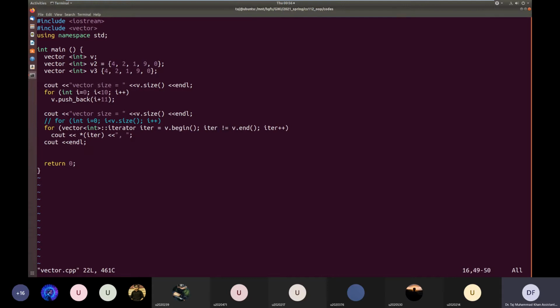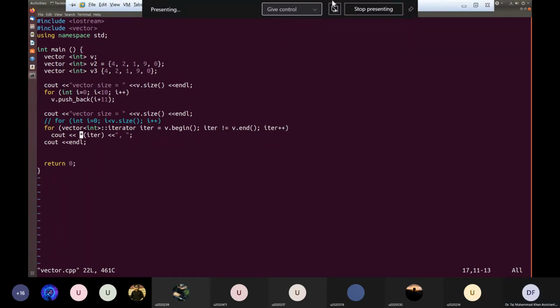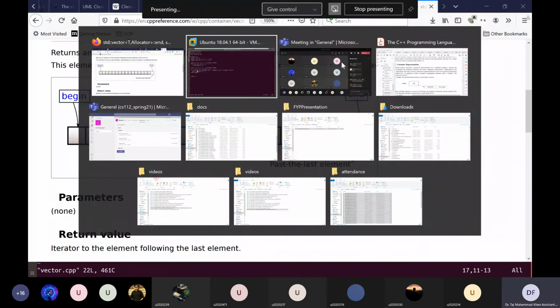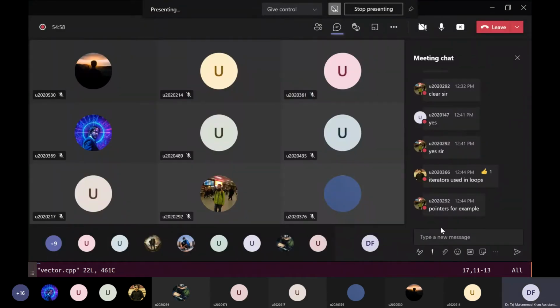So as soon as this iterator moves past the last element, this condition will become false and this loop will stop. Okay? Otherwise, in every iteration, we access the element referred to by this iterator by using this dereference operator. The operator looks like a dereference operator, but as I said repeatedly, we cannot assume that the iterator is a pointer. Iterator is a class or user-defined type. Is this clear, the concept of an iterator?